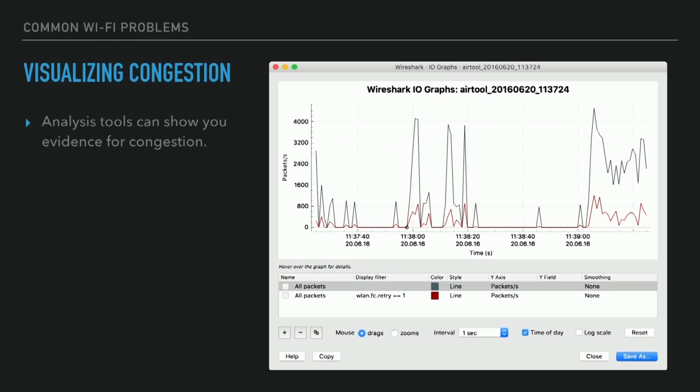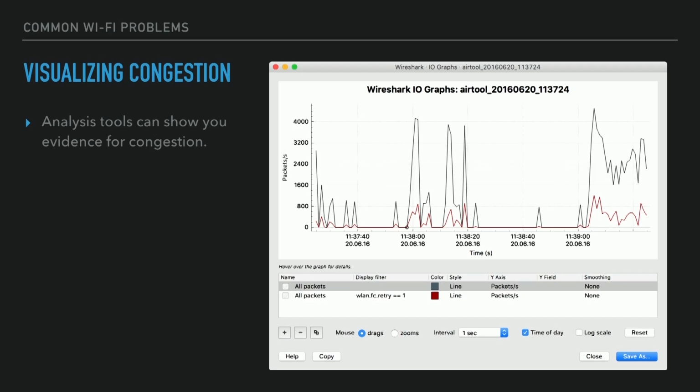In this example, I used another tool called AirTool to grab around 250,000 frames at the Mac DevOps Vancouver conference last week, just kind of randomly. It was a really busy network. It was a little oversubscribed. It took about 70 seconds to do that. But I went ahead and grabbed 250,000 frames,